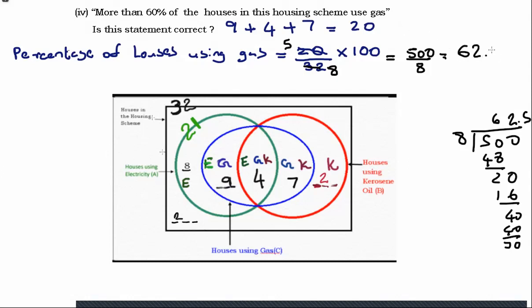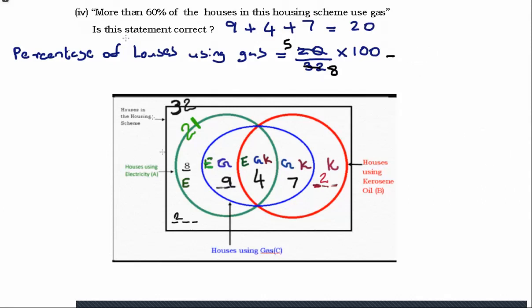62.5% of houses use gas. So they've said more than 60% of the houses in this scheme use gas. Yes, it's correct because 62.5% use gas. So therefore, the statement is correct. That's one approach you can take, or else another way is